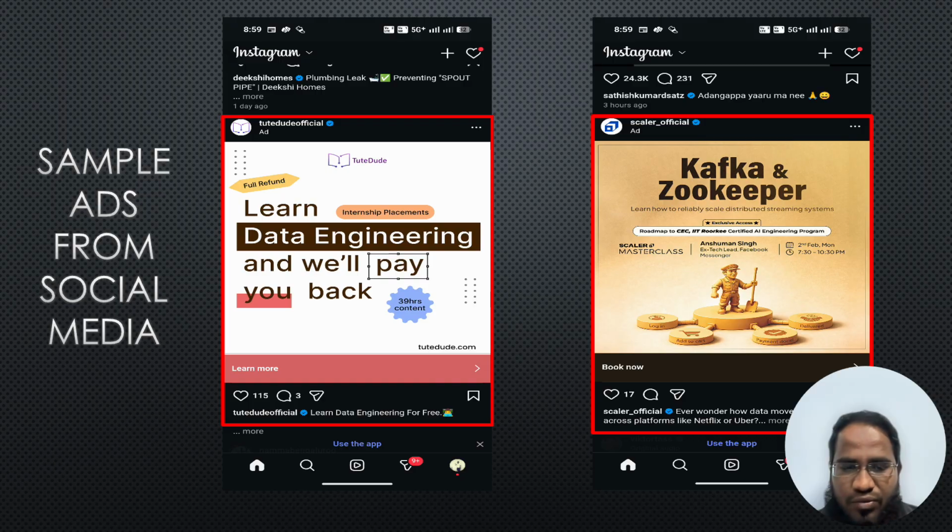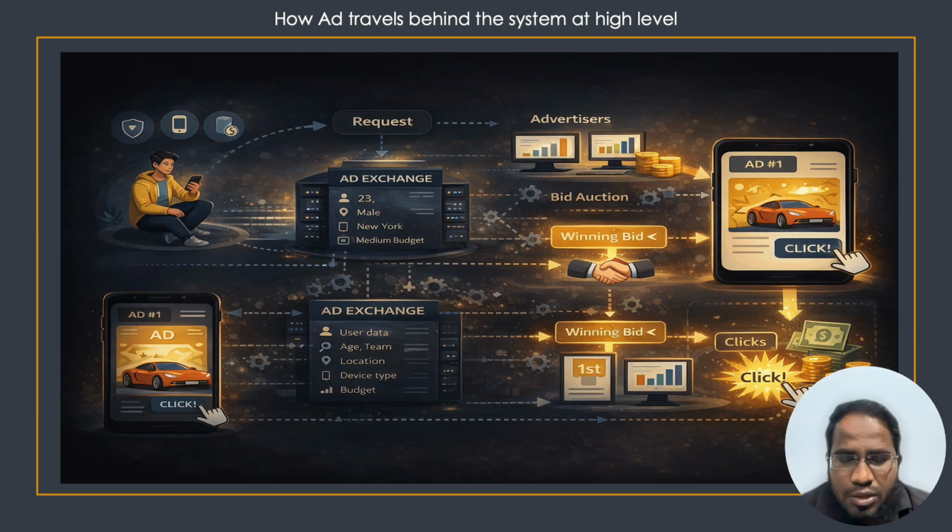Okay, let's get into our project. How do ads work behind the scenes? Whenever a user opens an application, the ad slot will immediately send a request to the ad engine stating that for a person of so-and-so age and gender, and for the location, do we have an ad? The ad engine immediately responds with a specific ad to fill that position.